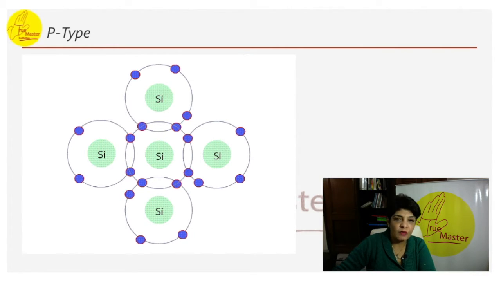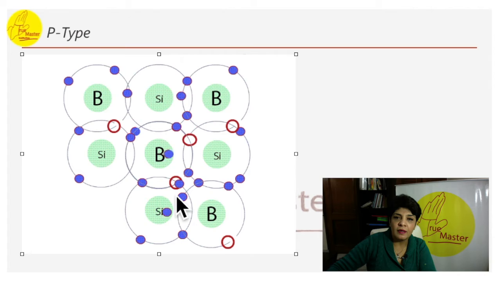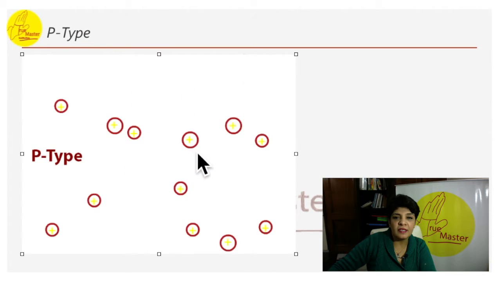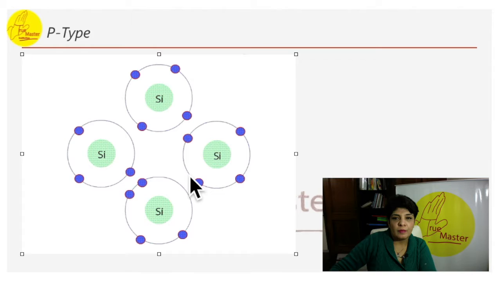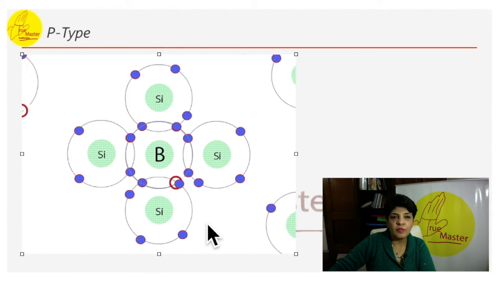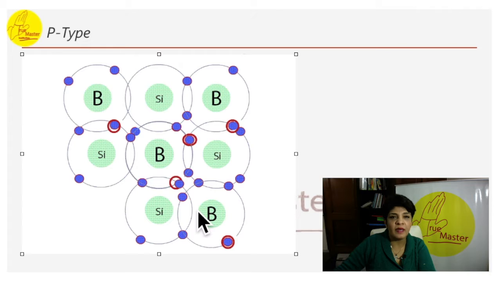So let me play what we are doing. One silicon is going to be replaced by one boron for right now. And then you will see how a nearby electron moves into the empty space, the empty hole here. The electron is going to shift. So this will be p-type. If you play this, silicon is replaced by boron, and the hollow space is being taken by the nearby electron. I hope this was helpful to you to understand p-type and n-type.